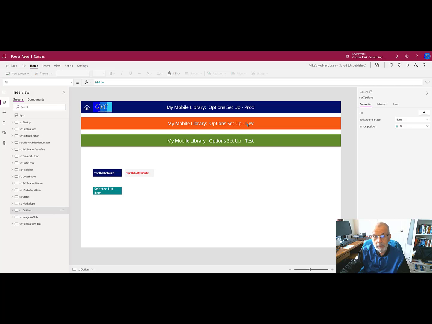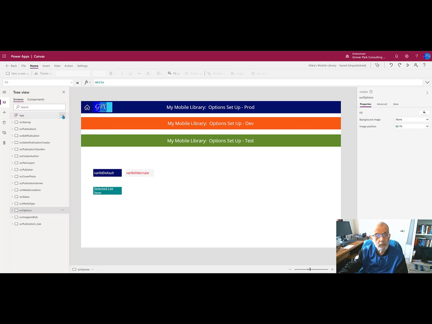The production label, the development label, and the test label. Now, I am not going to copy those labels onto all of those forms or all of those screens. Rather than copy all of those header labels and labels on the forms or the screens all throughout the entire application,